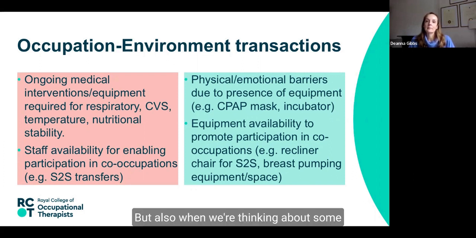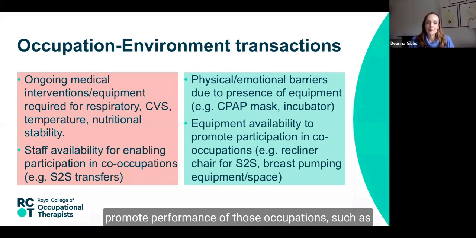But we're also thinking about some specific occupations in terms of her general caregiving, particularly those that provide close nurturing opportunities for her parents as early co-occupational engagement. We also need to think about the availability of staff within the environment to promote performance of those occupations,